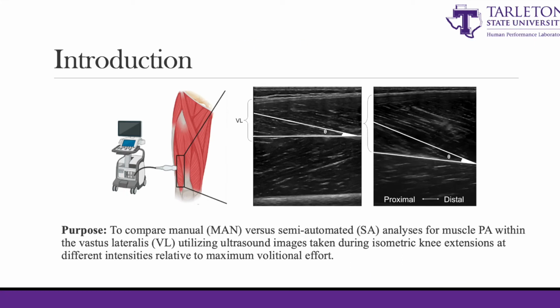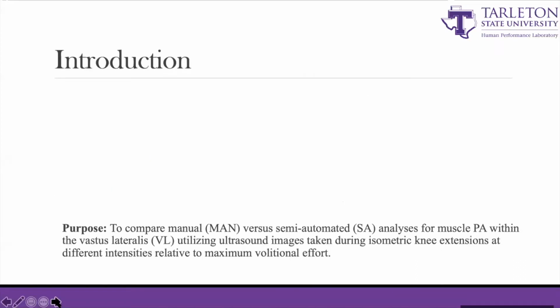Muscle pronation angle is a key characteristic in muscle function. However, current methodologies are tedious, time-consuming, and usually only include a few representative fascicles for pronation angle measures. However, leveraging image processing methods could improve the efficacy of pronation angle measurements while still providing valuable insights into architectural changes during specific tasks. To test this theory, we created an experiment where